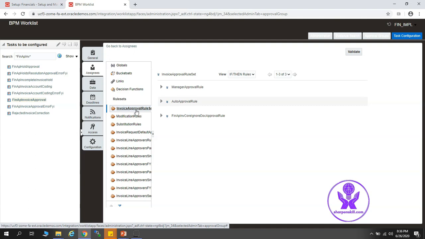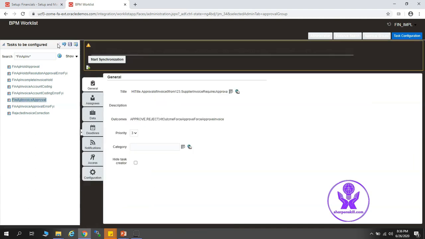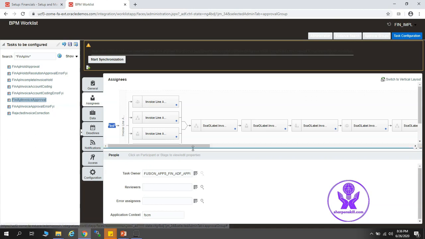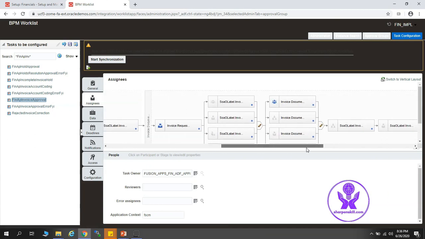Rule sets are nothing but a collection of rules. Now I'll click on this edit button. Alright, so it will take you back to the general page. Again, click on assignees. Let's go here, select the rule, go to rule.